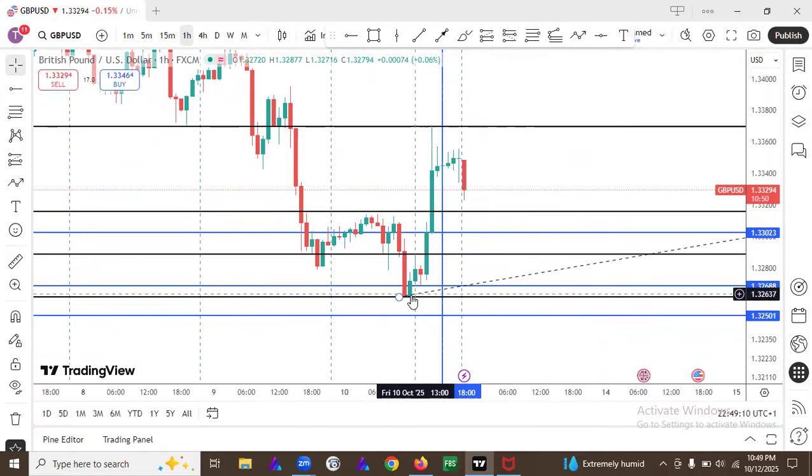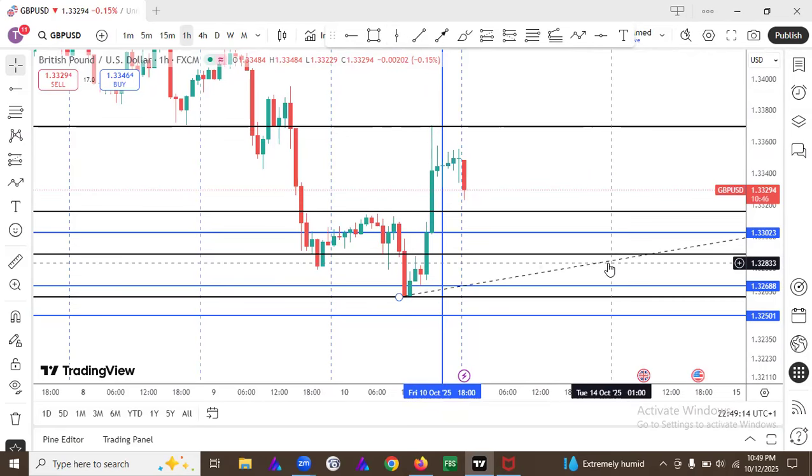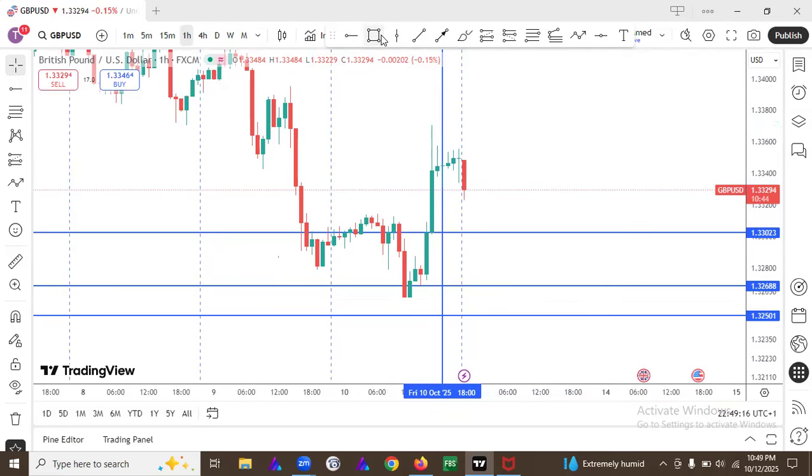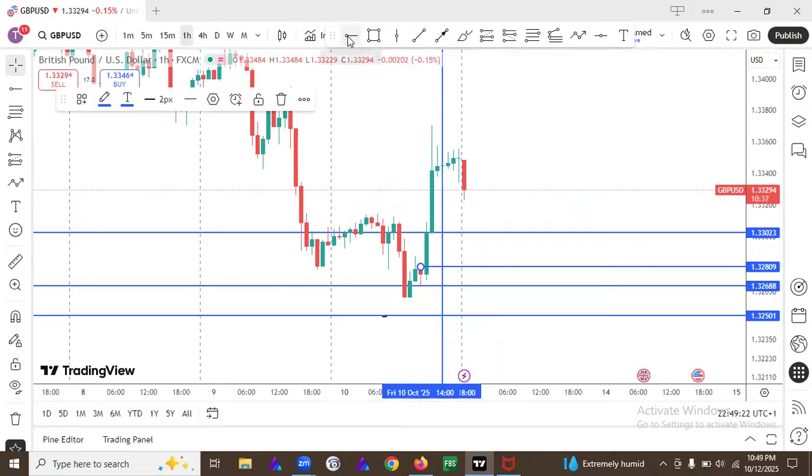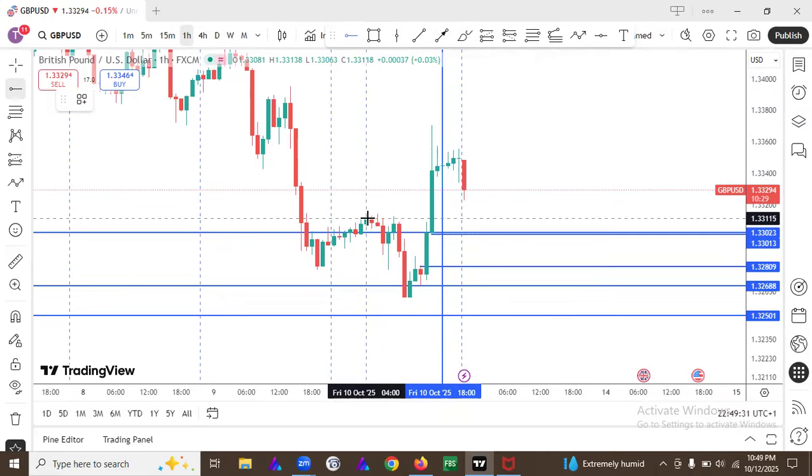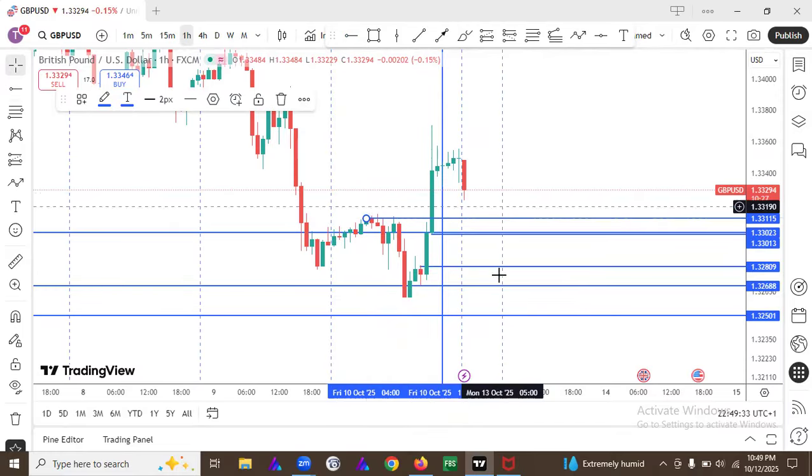And you can see here we have a fair value gap, which is at a discount area. So this will be a very good area to look for buys, this fair value gap. Or the retest of this resistance turned support. That will be a very good area to consider buying